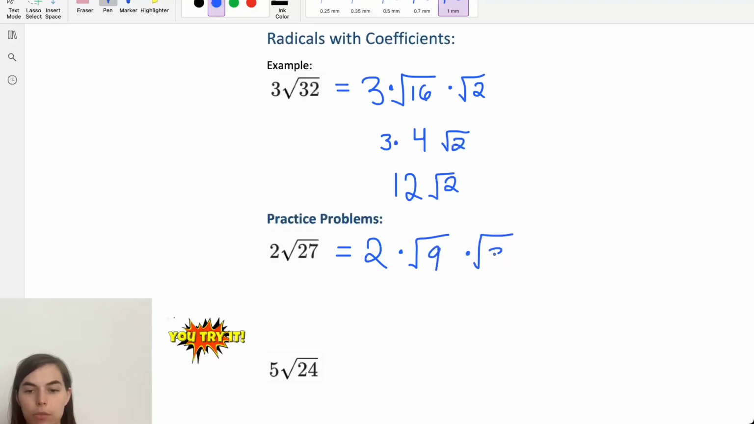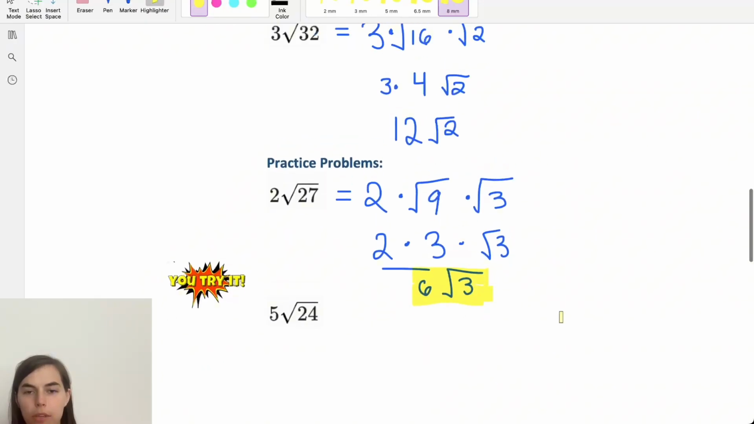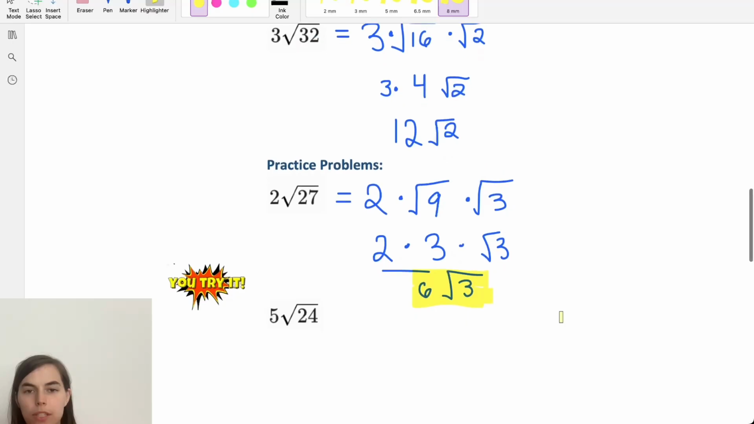9 times 3 is 27. Square root of 9 is 3. And then we just combine these outside here. 2 times 3 is 6. 6 times the square root of 3. That's our final answer. So now, based on those two example problems that I just did, feel free to pause